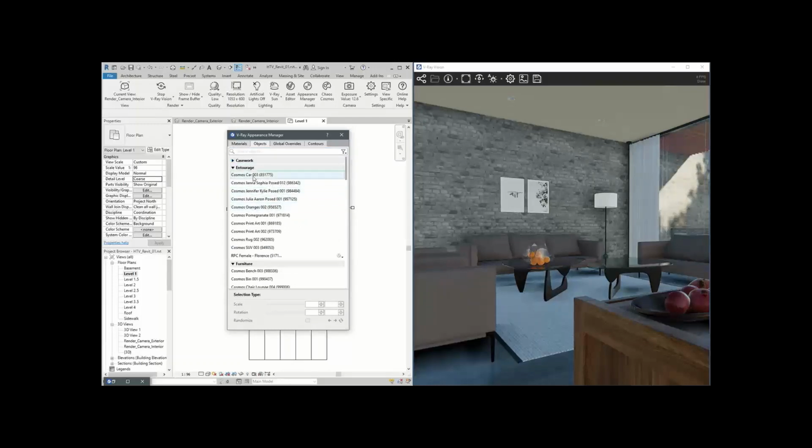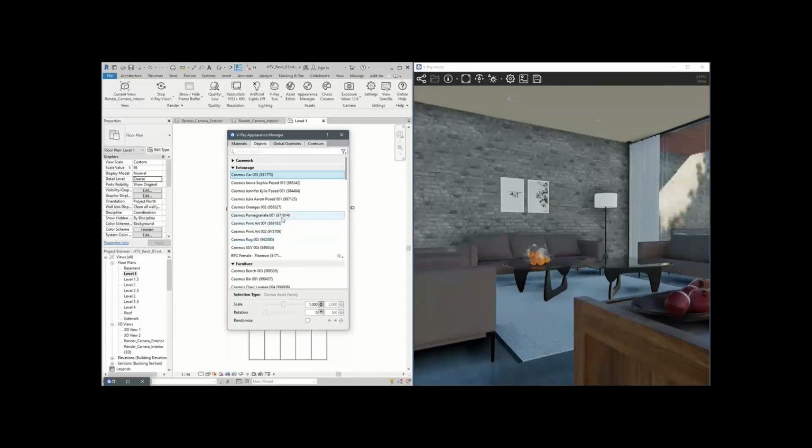In the list here, you will also see your Cosmos assets so that you can select them and you can change their scale or rotation and even randomize them in case they're planting trees